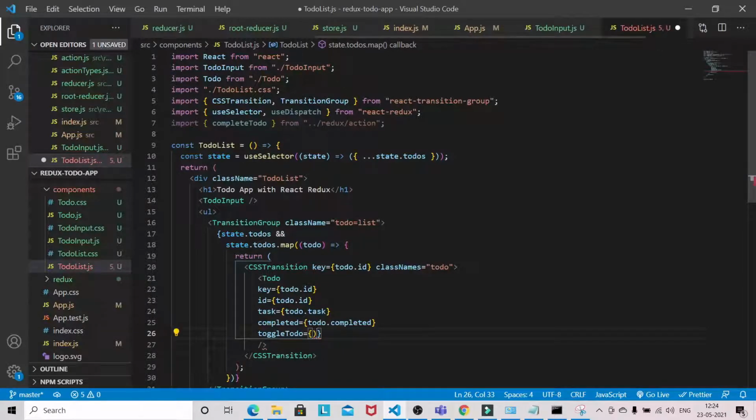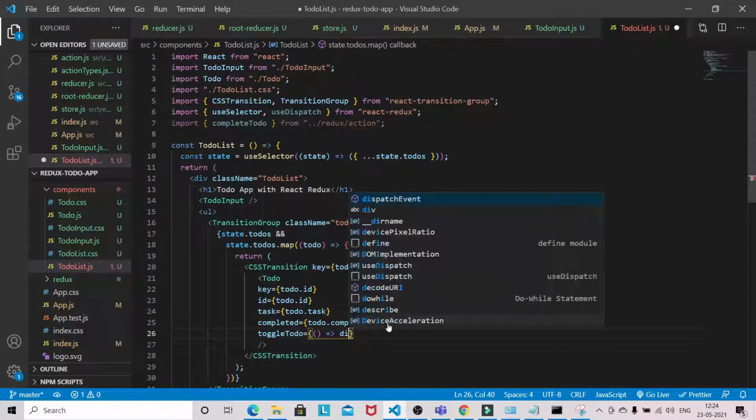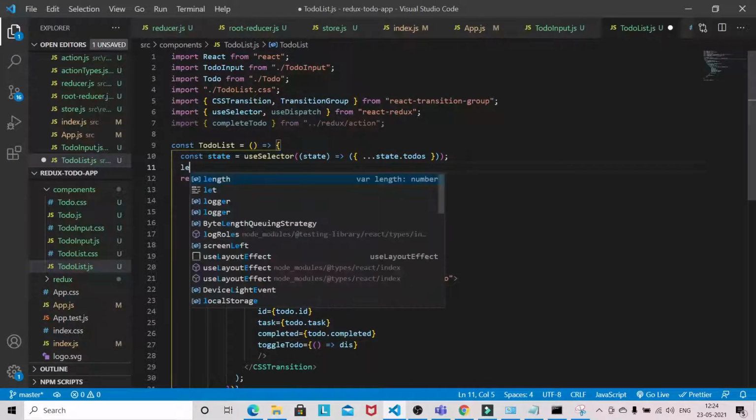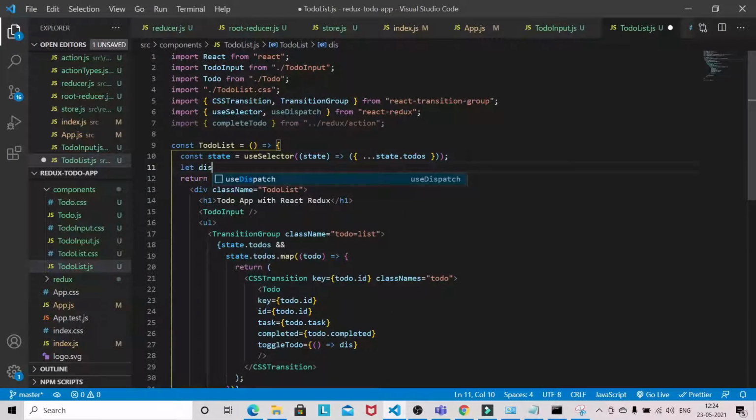Now here we will be dispatching the action. So let's create a dispatch variable, because we cannot directly use the useDispatch here.